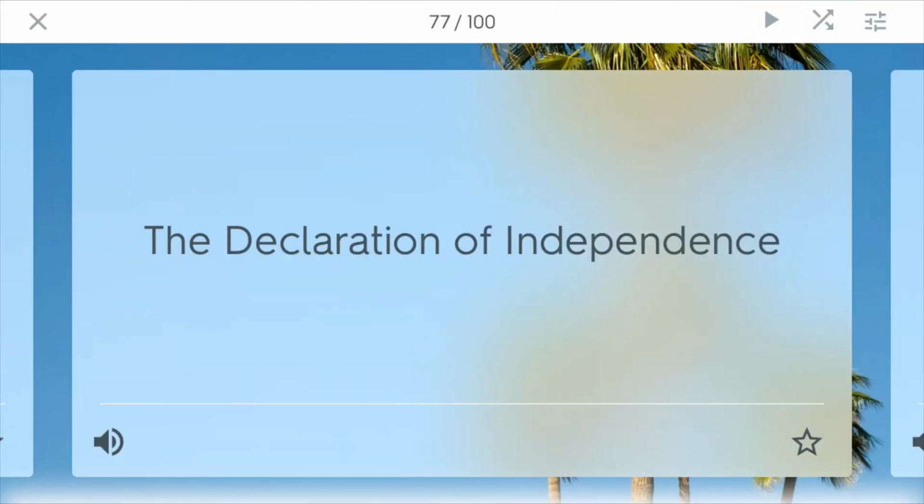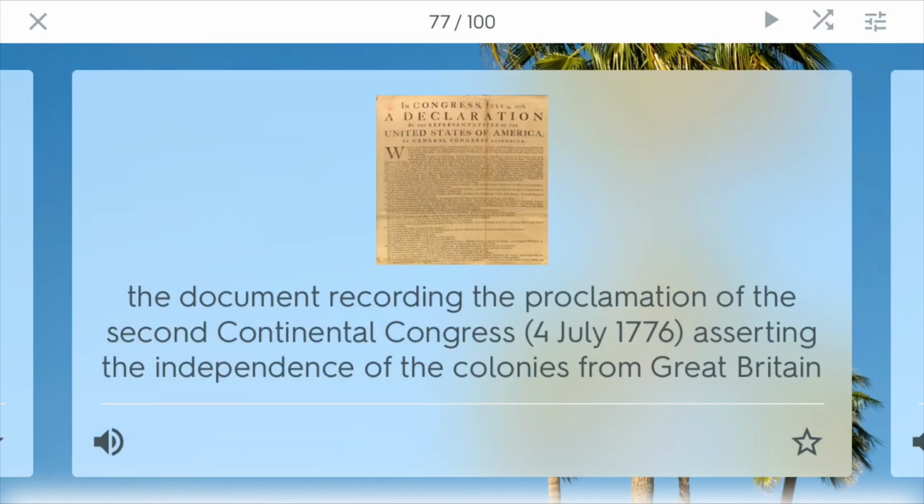Let's start with some foundational documents. The Declaration of Independence was a document proclaimed by the Second Continental Congress on July 4, 1776, to Great Britain to declare independence. Thomas Jefferson and the 13 colonies wanted to assert their Enlightenment ideals, such as life, liberty, and the pursuit of